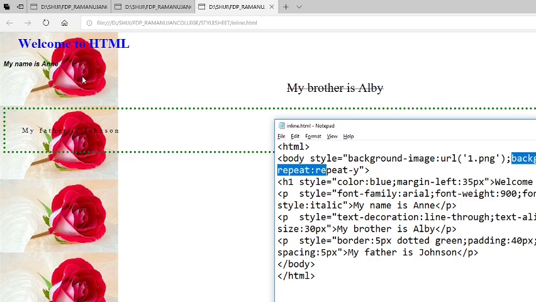You can see the picture is repeating along the y axis only. Then for the heading, you have given some style, blue, and a margin. Then for another paragraph you have given some style, font family and so on. My name is Anne. It is shown in bold because font weight is given as 900.